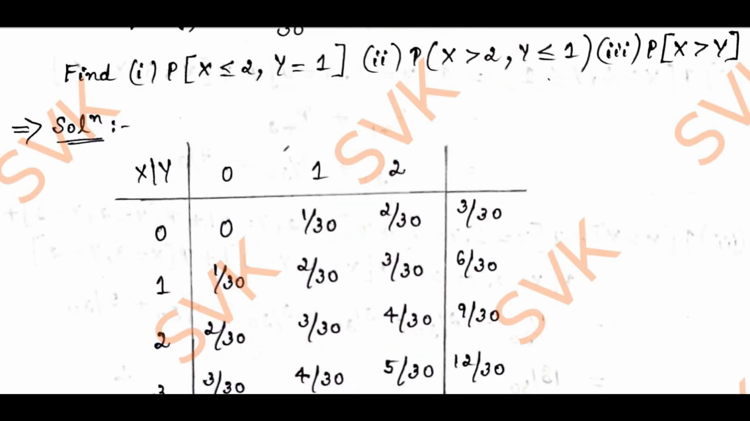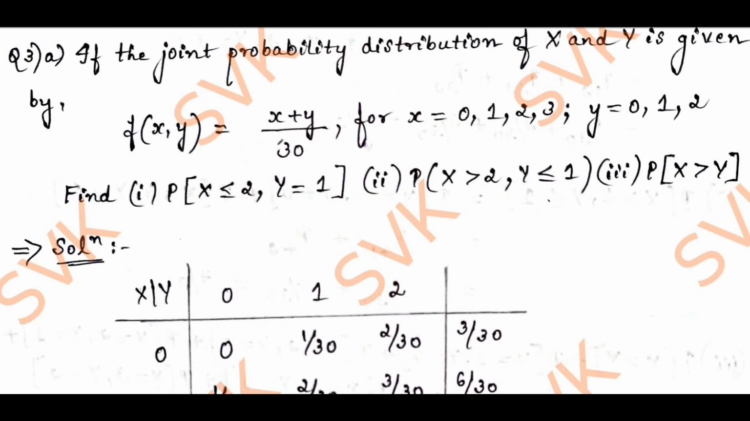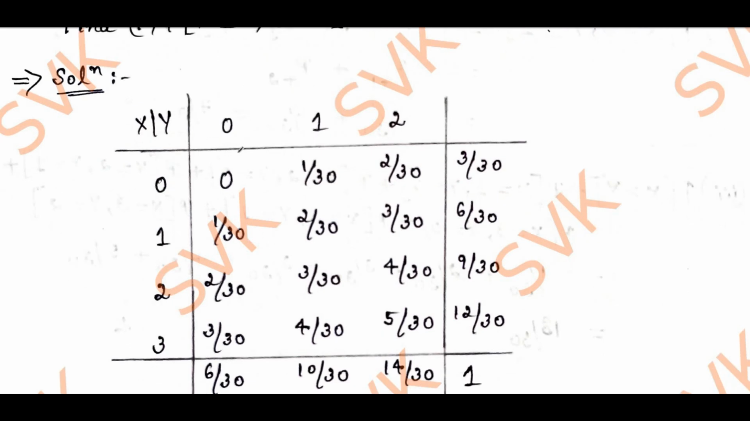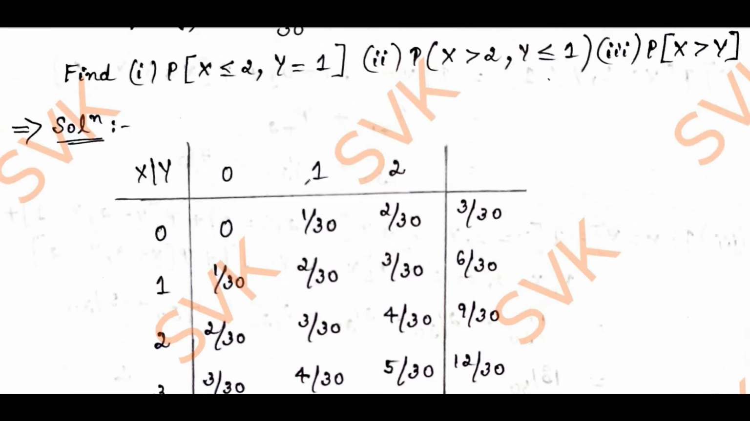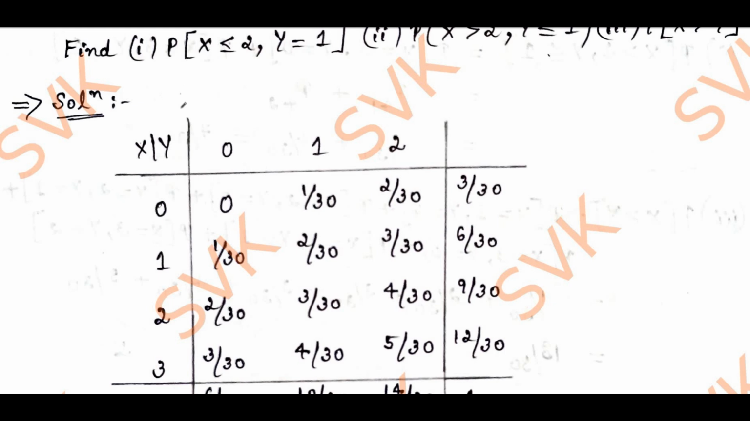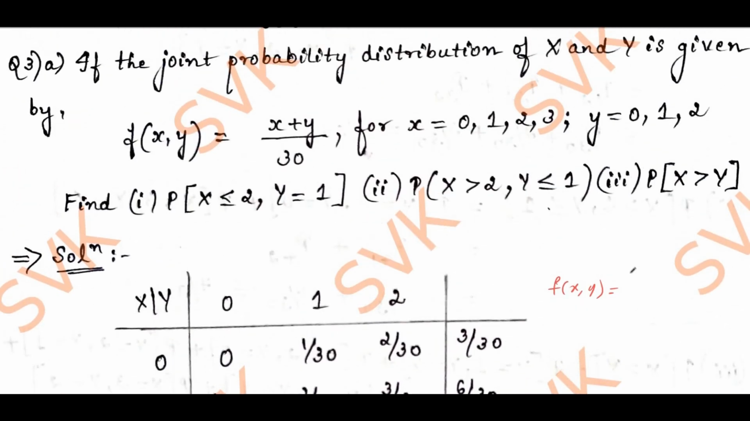Considering the given problem, f of x comma y, we are going to construct the joint probability distribution table here. Along the column I have put x equal to 0, 1, 2, 3, and along y, I have put y equal to 0, 1, 2. Note that the function f of x comma y is defined as (x plus y)